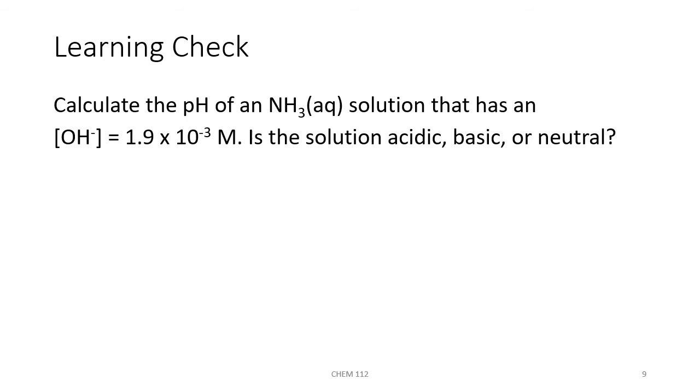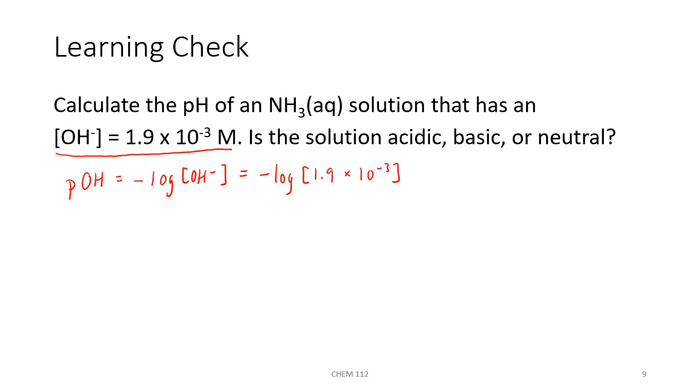So here we have an example. Calculate the pH of an ammonia solution, NH3, that has a hydroxide ion concentration of 1.9 times 10 to the negative third molar. Is the solution acidic, basic, or neutral? Since we were given the hydroxide ion concentration, I would start by calculating the pOH of the solution. So the pOH will equal the negative log of the hydroxide ion concentration. So that'll be negative log of 1.9 times 10 to the negative third molar. Our pOH comes out to being